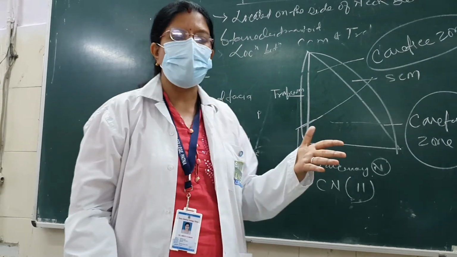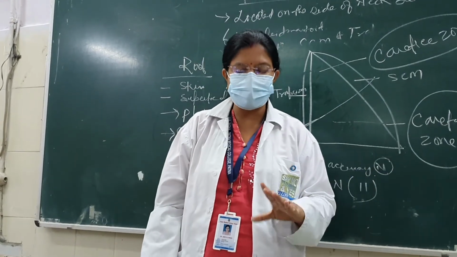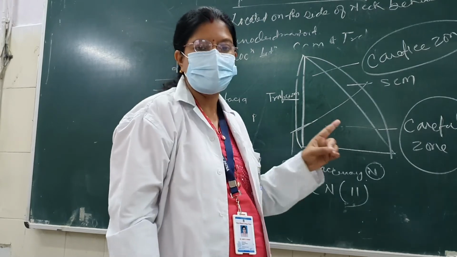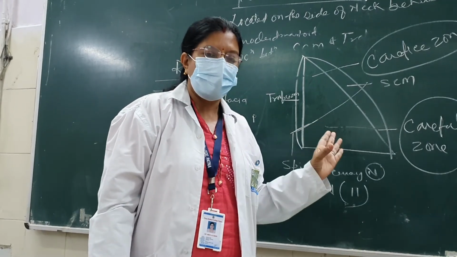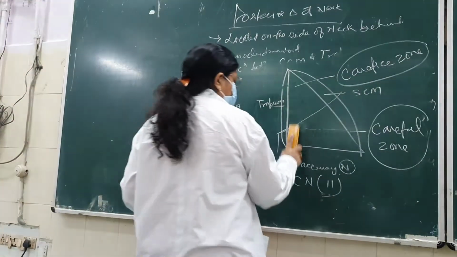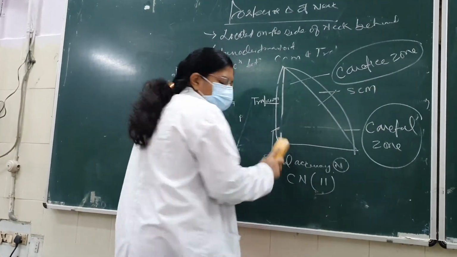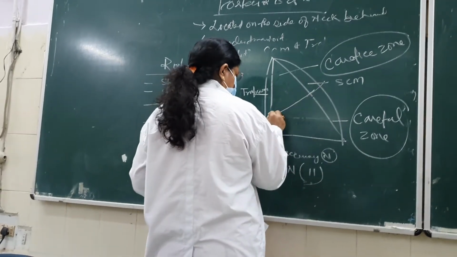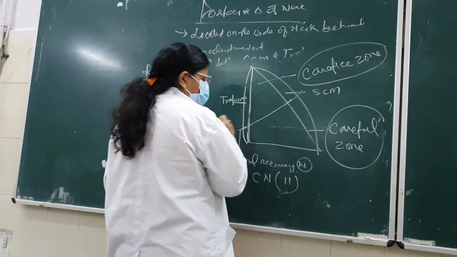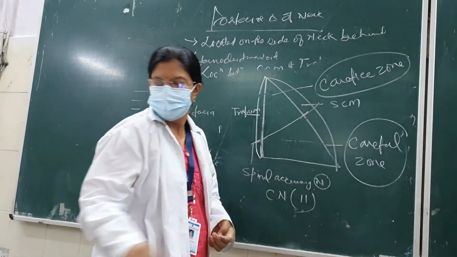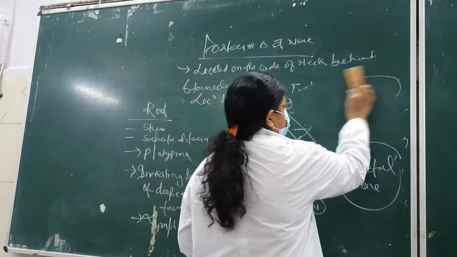So this is a very important question in NEET, and it can also be asked as a viva. So you should be very careful about this nerve, that is the spinal accessory nerve. In this area you must have an idea about this area. Okay. So now coming here. Okay. So now what will be there? What will be the structure here?